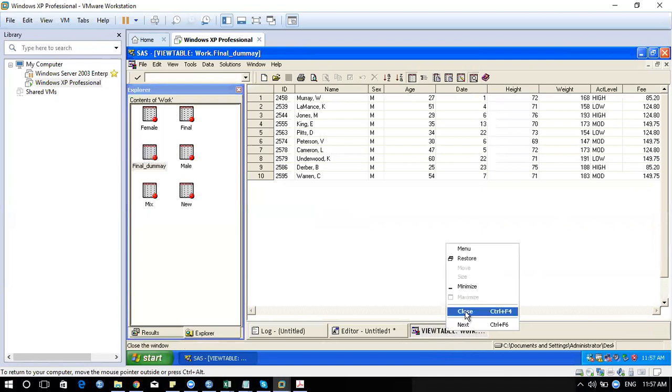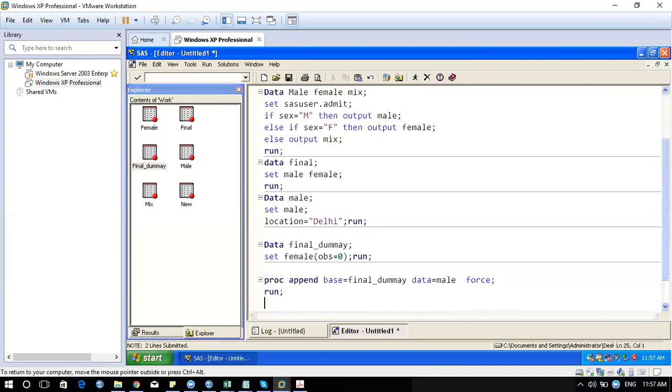Can you just repeat how you do it? I have created the dummy file, and how do I add data using proc? I just type final dummy. So what will happen now? Someone says, okay, take this as a template. In a template, there should not be any file data, correct? There should not be data. You're going to capture only the variable names or column names. So here I did the same thing. I created the dummy template, and based on the dummy template, I keep adding the data.